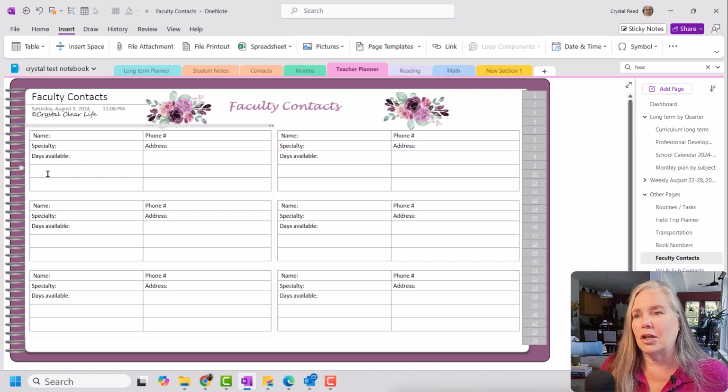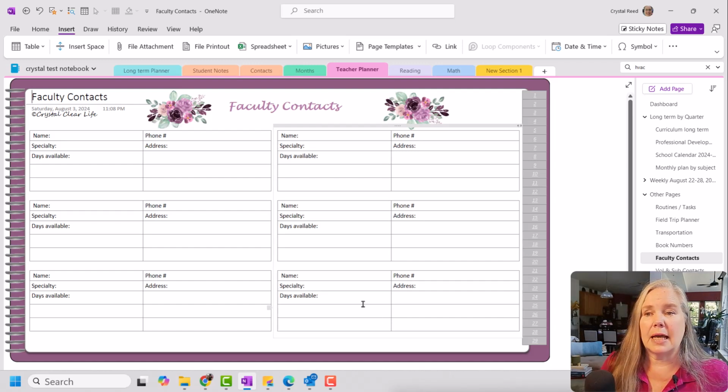And that kind of thing. I could also put times available. Maybe they're only in the building on Wednesday afternoons, something like that. So I put 6 contacts here, thinking special area people that I might need to work with, and then, you know, maybe my teammates, okay? So let's go ahead and add that